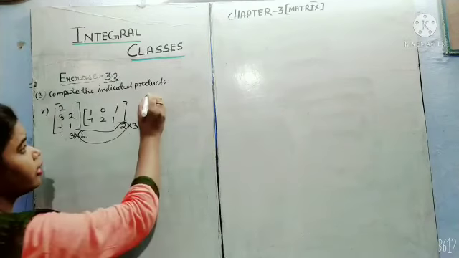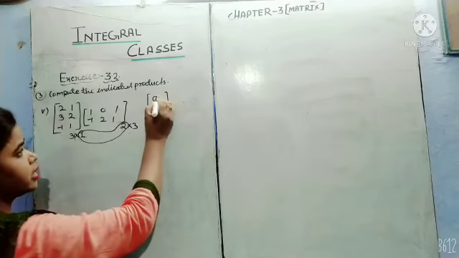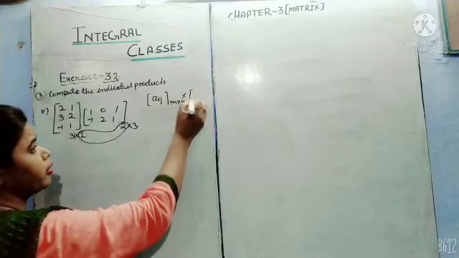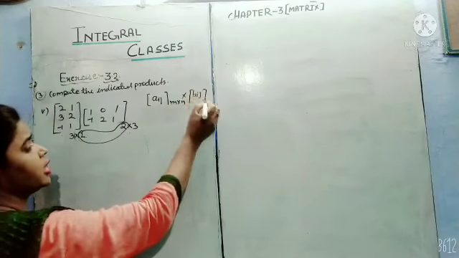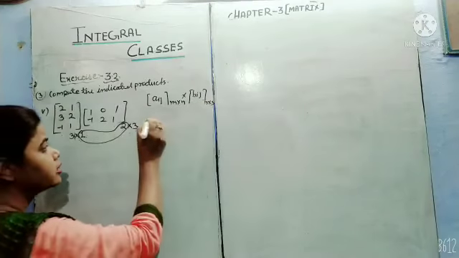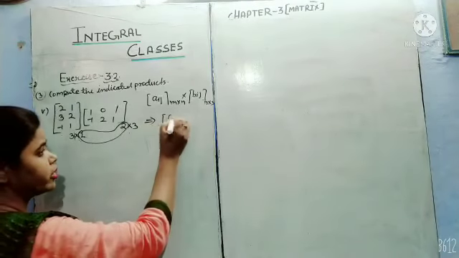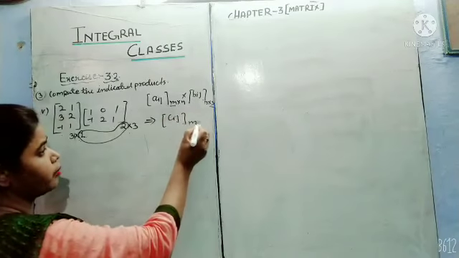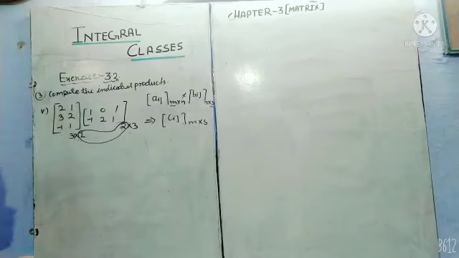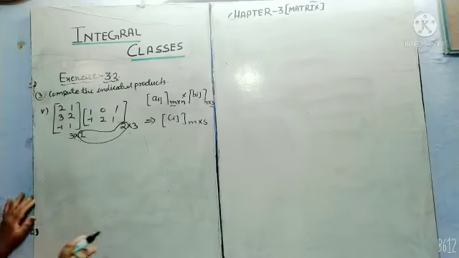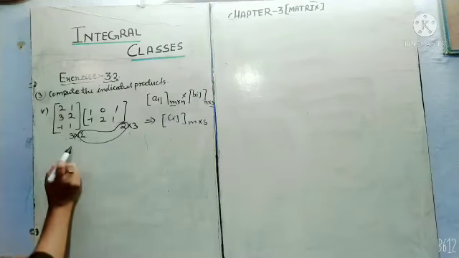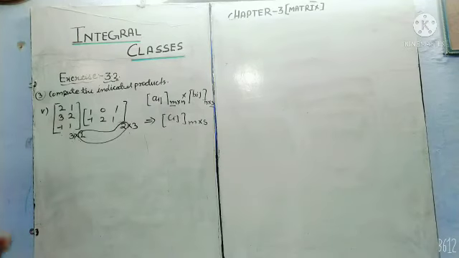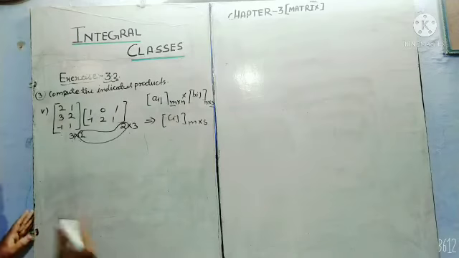We know that if we have given two matrices Aij, m into n, and Bij, n into s, then we will get, students, suppose Cij, which has order m into s. It means if we get the resultant matrix, then the order of that matrix will be 3 cross 3. So how can we see? Let me explain here.